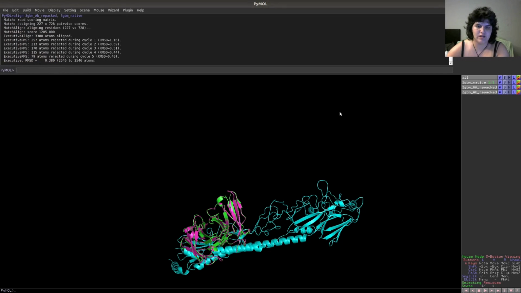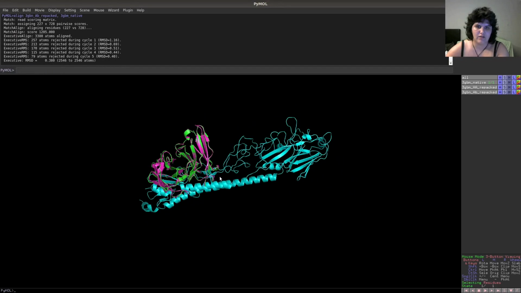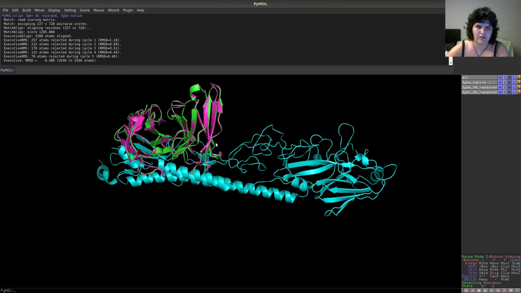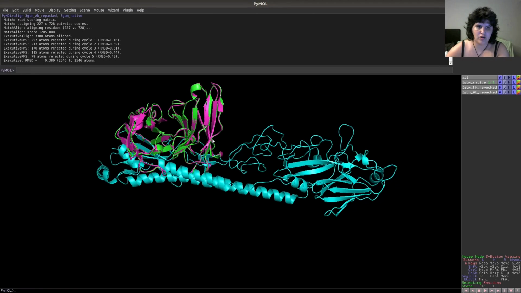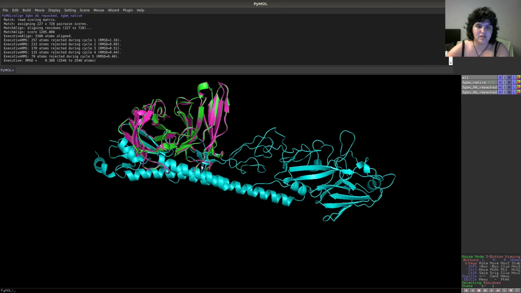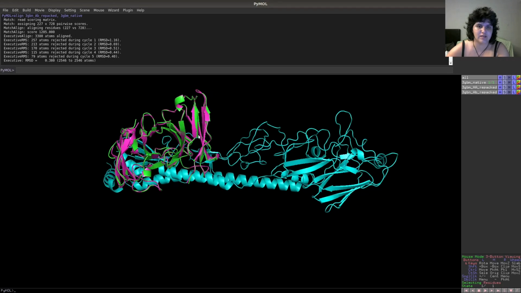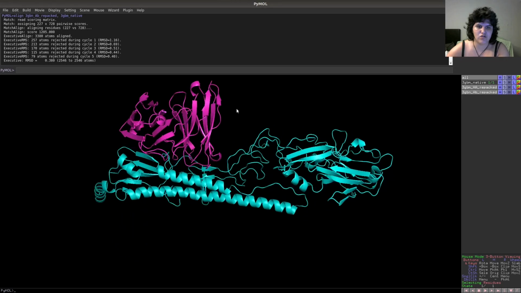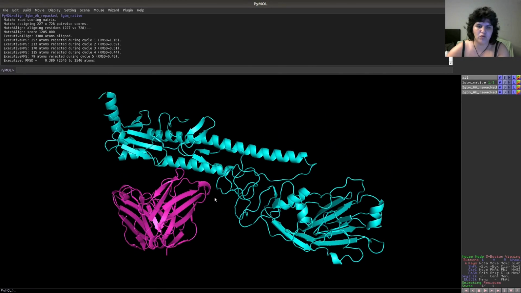So you see that now we have everything aligned in the correct position. You can see that the antibody doesn't overlap perfectly because these are 2 different crystal structures. So we can remove the native now, and you can see that the 2 are in the good position for starting the docking. We save it,